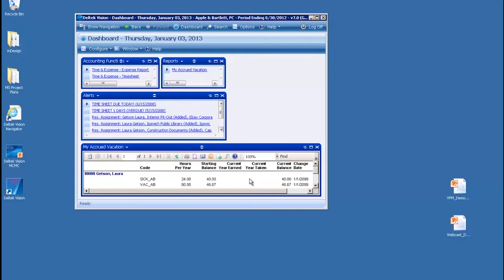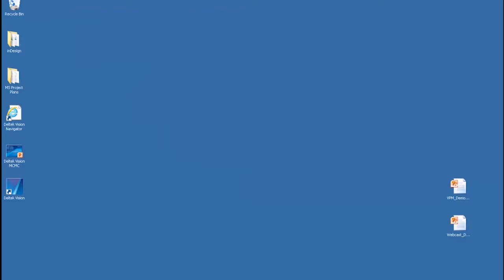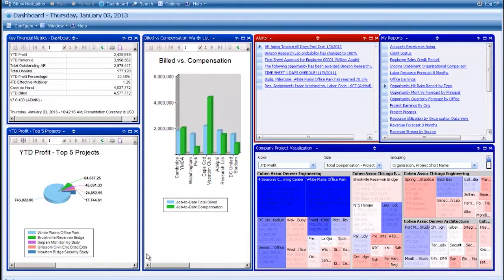They can see them as soon as they log into Vision. So let's step back over to the operations dashboard and step through a few of the items that we have here. Top left-hand corner, key financial metrics. This particular report probably has 150 different measures that are available to display this important information for your firm right